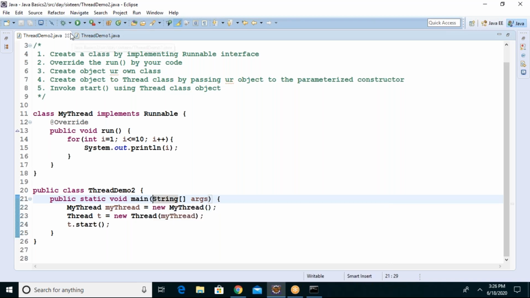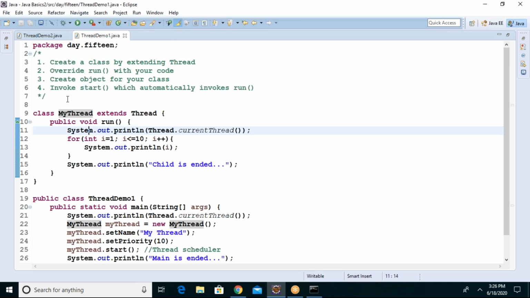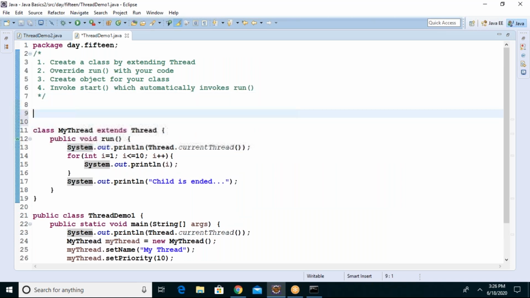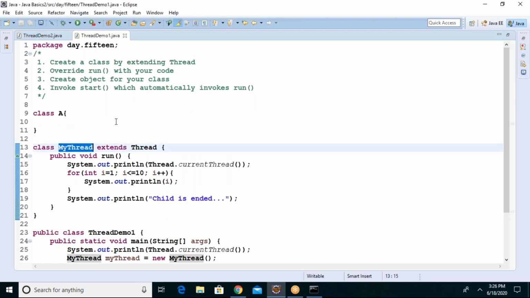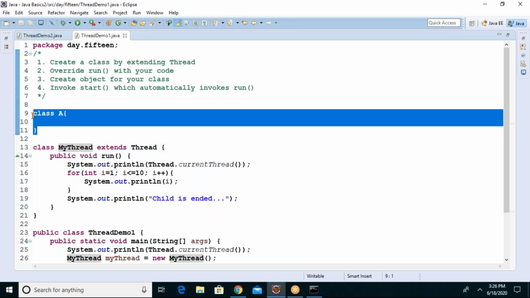Why? I'll tell you. See, let us take this. I have a class A. Tell me, if I want to inherit this class into the thread class, can I do it? Straight answer.